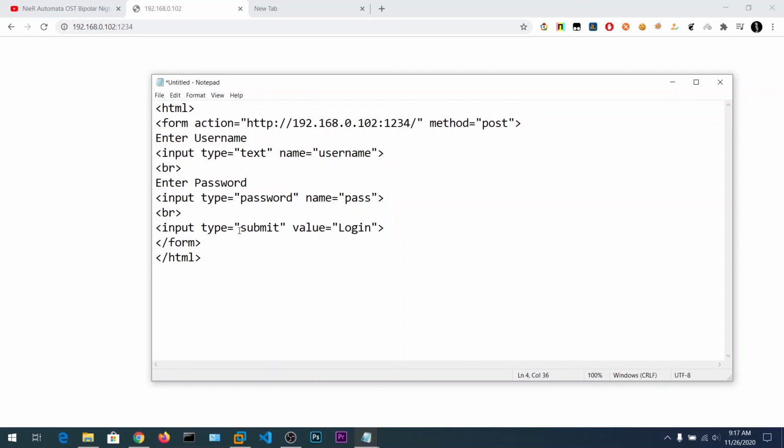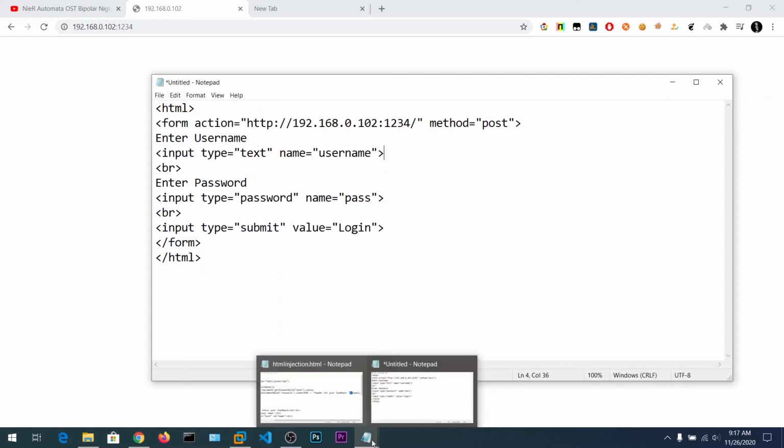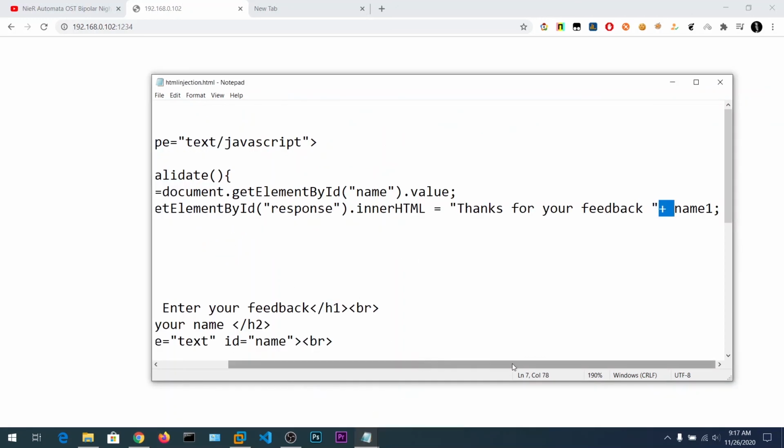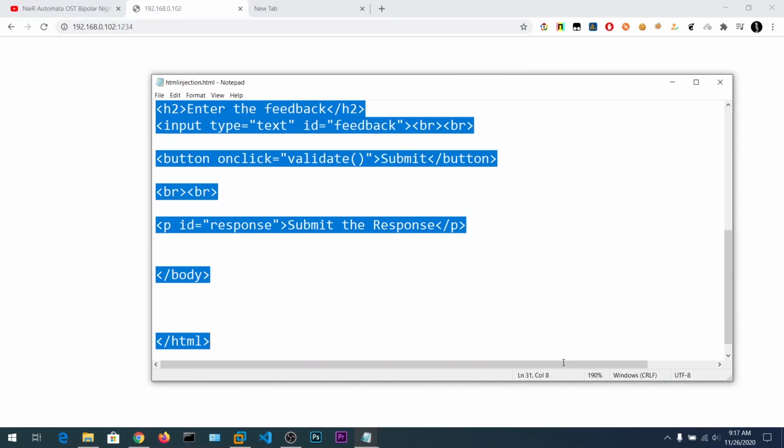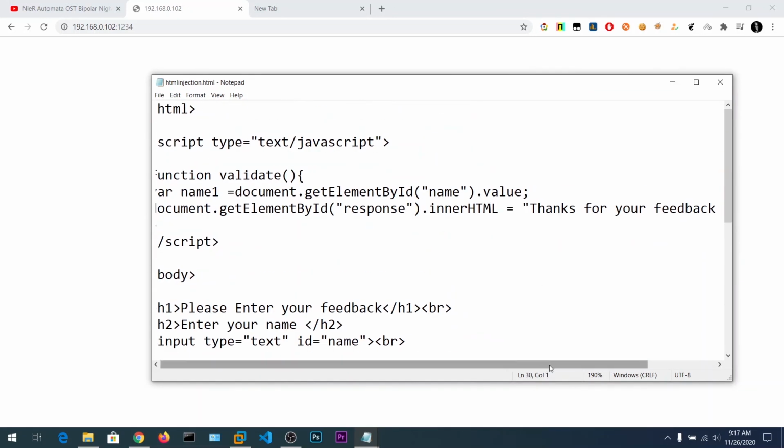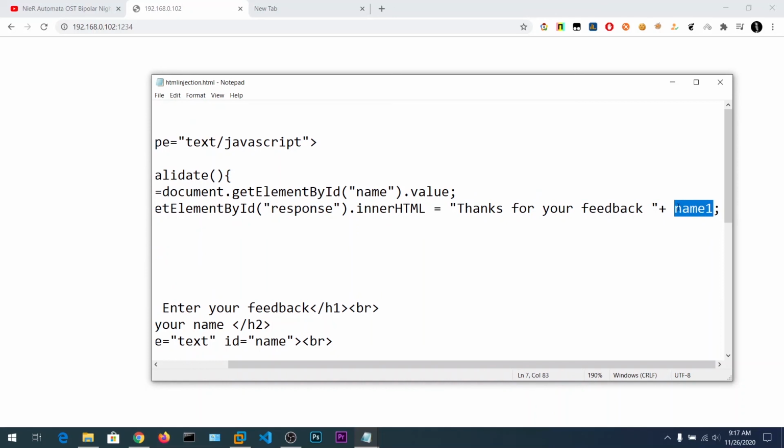So that's all for this video. I hope you have understood this HTML injection. The problem arises when you are just appending the string to the HTML from user input. If you say Nikhil, it will be directly appended as a normal one without converting it into a string. That's how this HTML injection arises. So you need to convert this into a string.